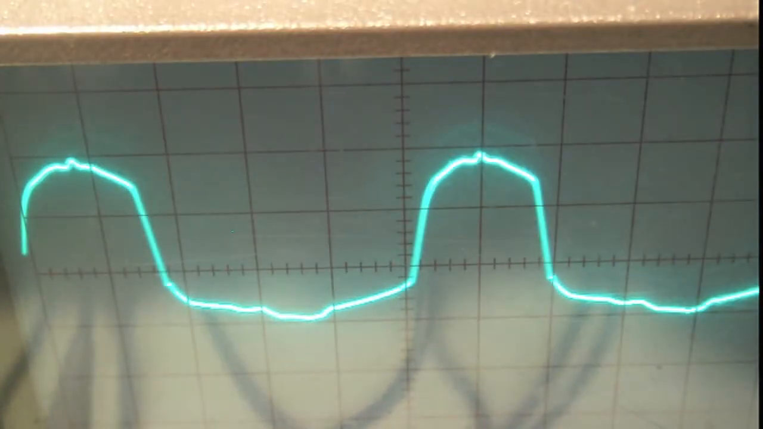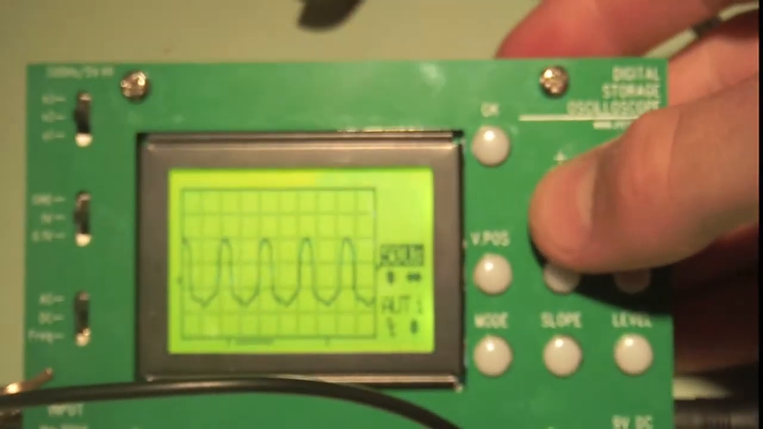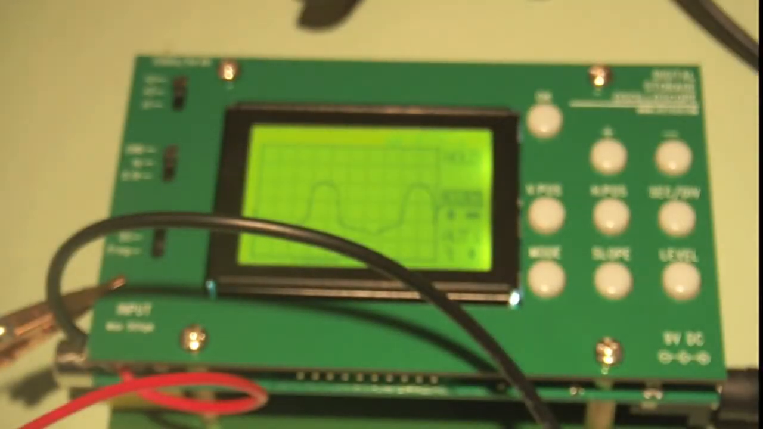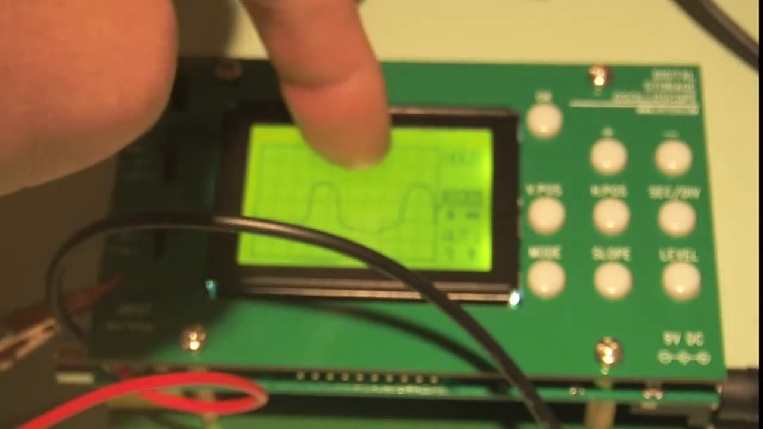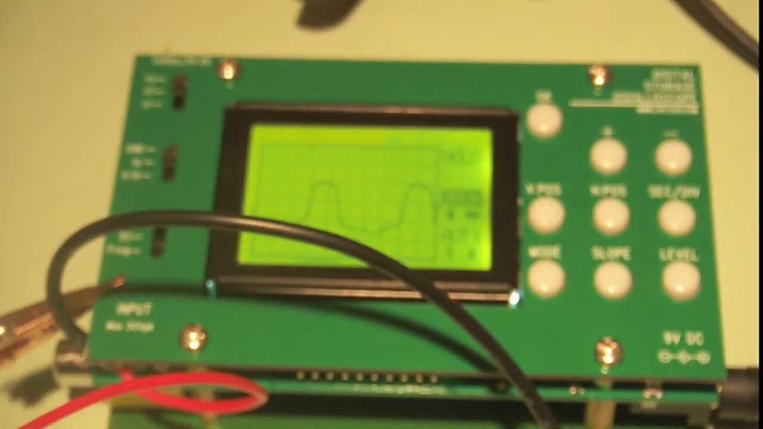Okay, so why does this happen? Why does this little scope lie to us? Clearly, when we step down the time base to the correct time base, it's showing us the correct signal. So why is it lying to us? Why is this scope telling us that the signal has a different period? Well, that's because when this scope is on the higher time bases, it's actually undersampling the waveform, meaning it's sampling